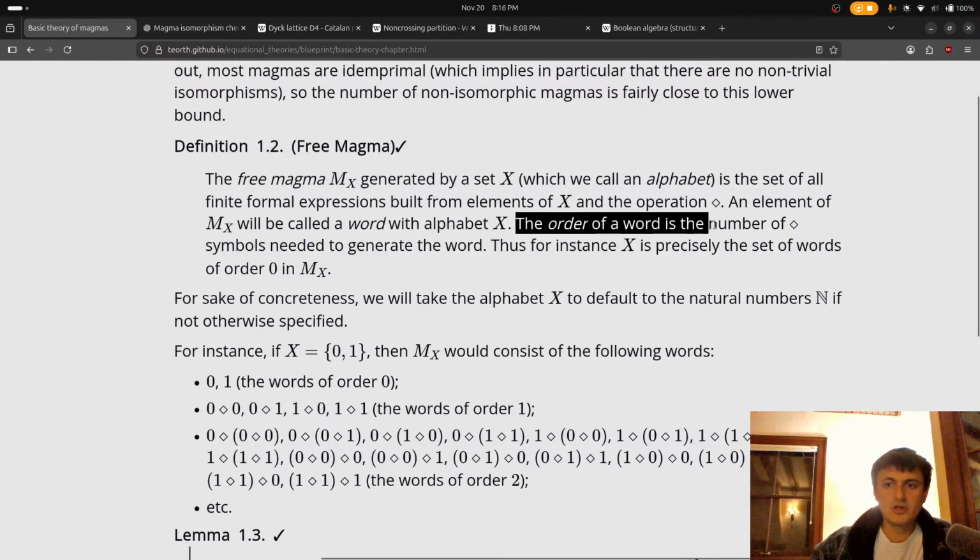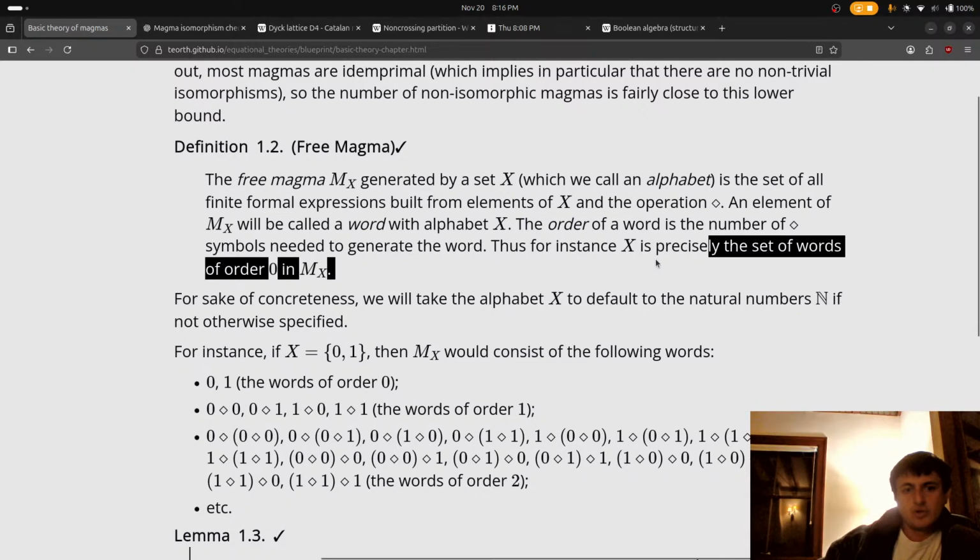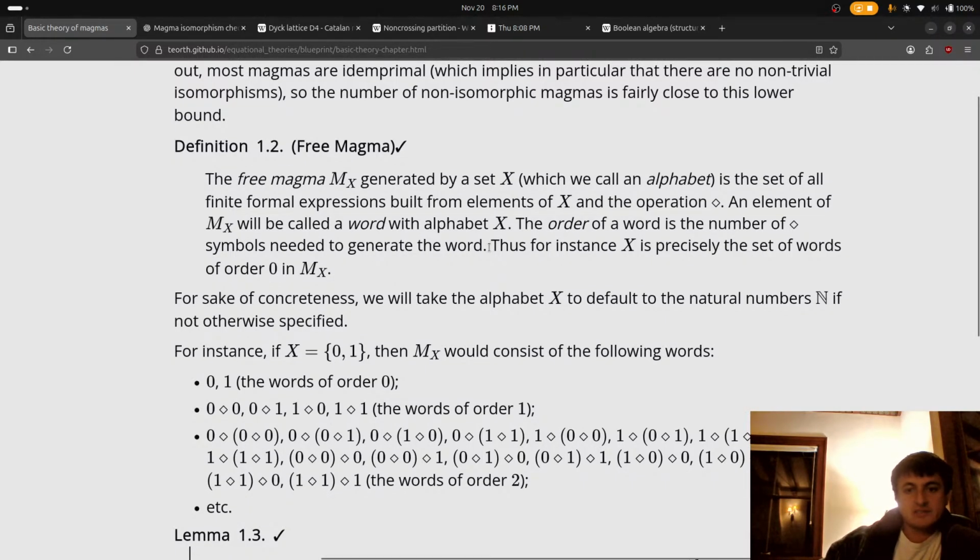The order of a word is the number of operation symbols needed to generate the word. Thus, for instance, x is precisely the set of words of order 0 in mx.